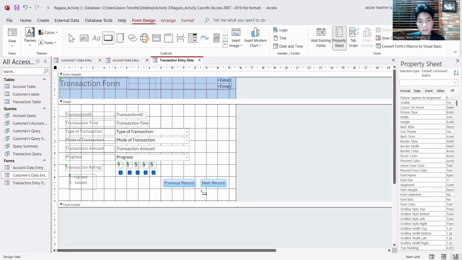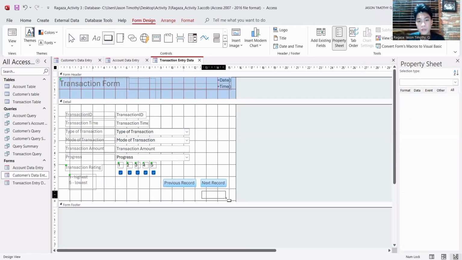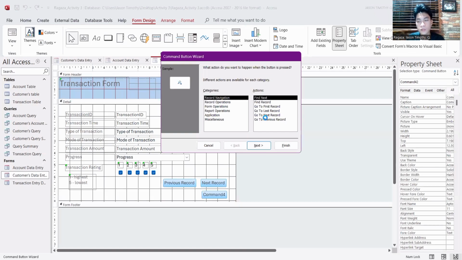We can also add the options that we have made previously, which is the previous and the last, or rather the first and then the last record.